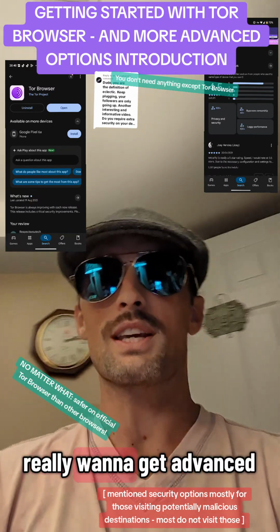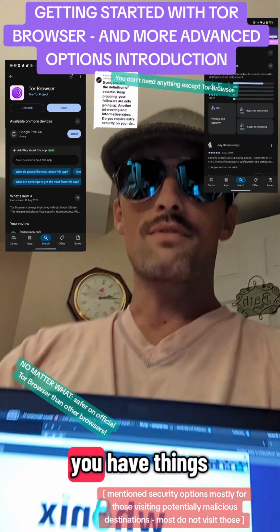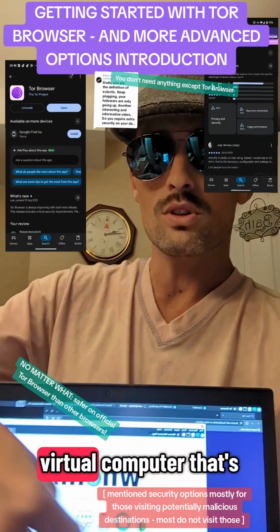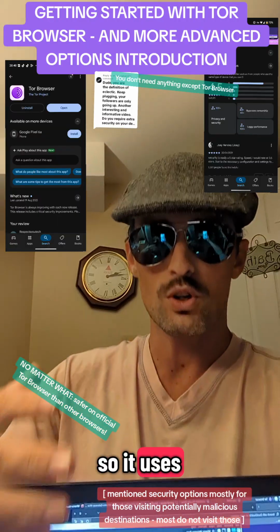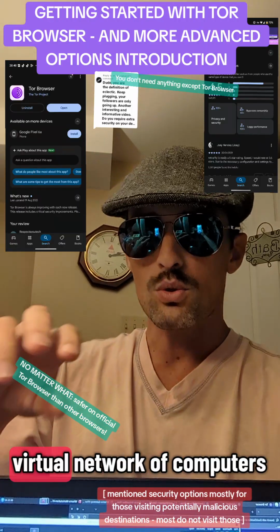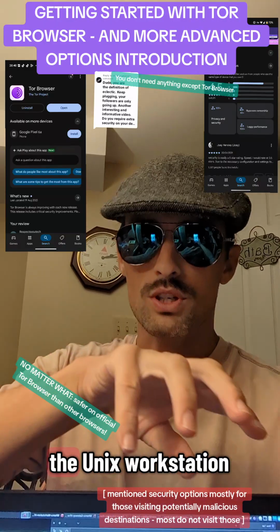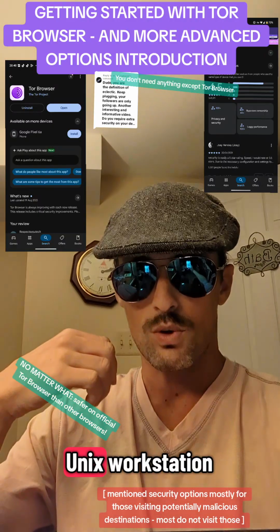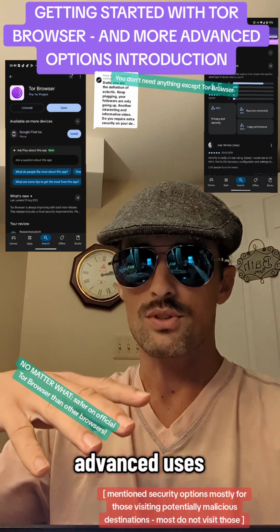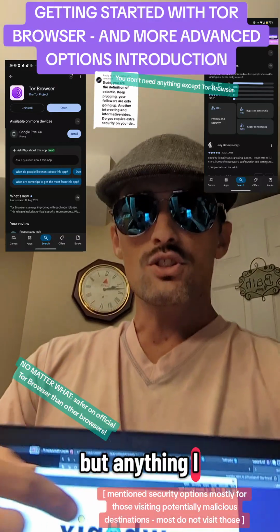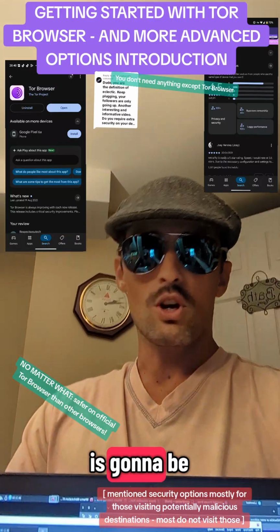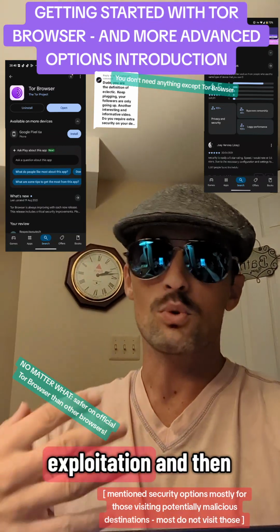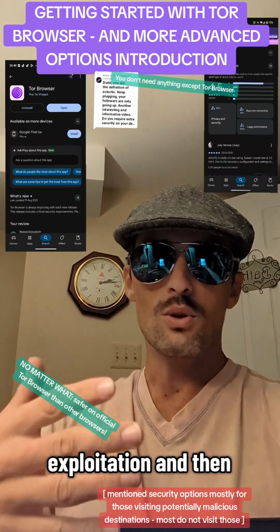Then, if you really want to get advanced, this is completely optional. You have things like Whonix, which is a virtual machine setup that you can see right here. It's actually a virtual computer that's inside my computer. It uses virtualization technology to set up a virtual network of computers, the Whonix Gateway and the Whonix Workstation. What you're looking at right here is the interface you use, which is the Whonix Workstation. It's for more advanced uses, but anything I install into this virtual machine is going to be automatically Torified. It's going to prevent additional types of leak, exploitation,